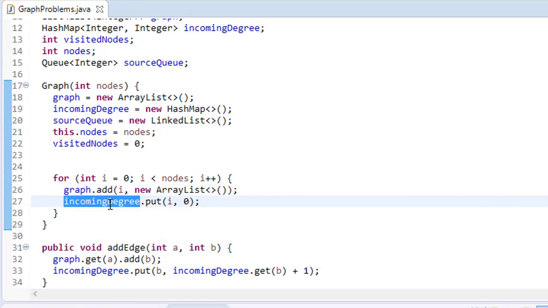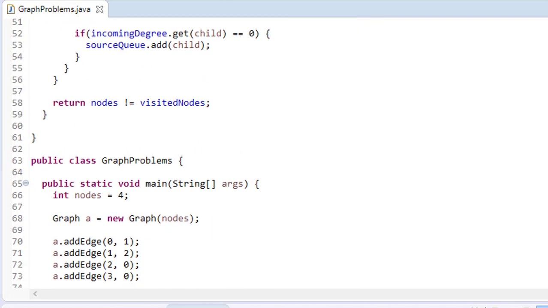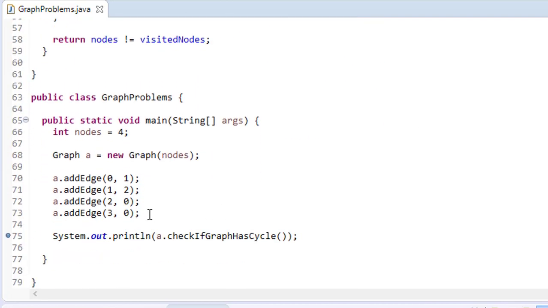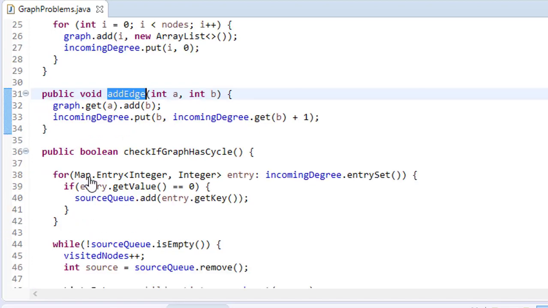Right? Now it means I have initialized the graph, and now I am adding edges one by one. Whenever you add any edge, first of all you need to add that edge into the adjacency list. So first get the list for this particular source A, and then add this element B into that list.